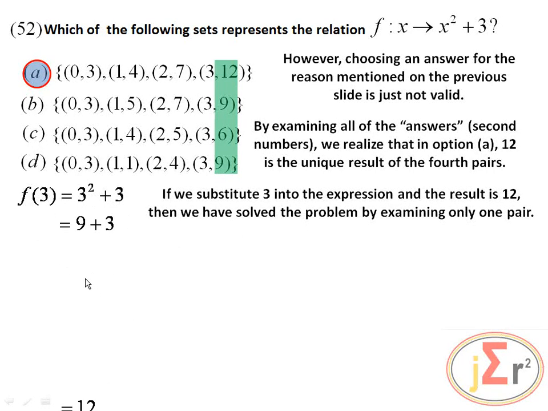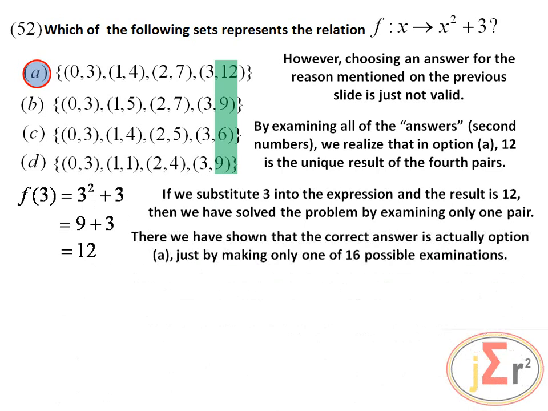9 plus 3, that is equal to 12. Therefore, the problem is solved. We have identified the correct answer as option A. There we have shown that the correct answer is actually option A, just by making only one of 16 possible